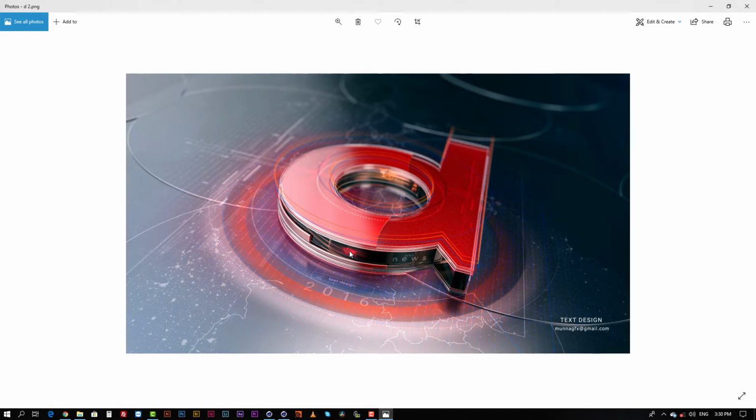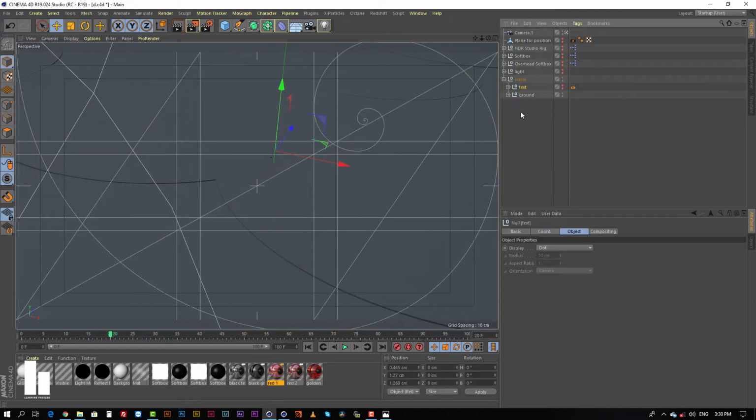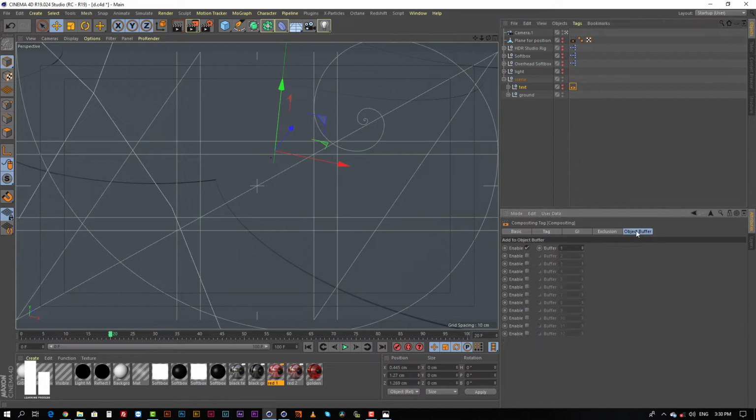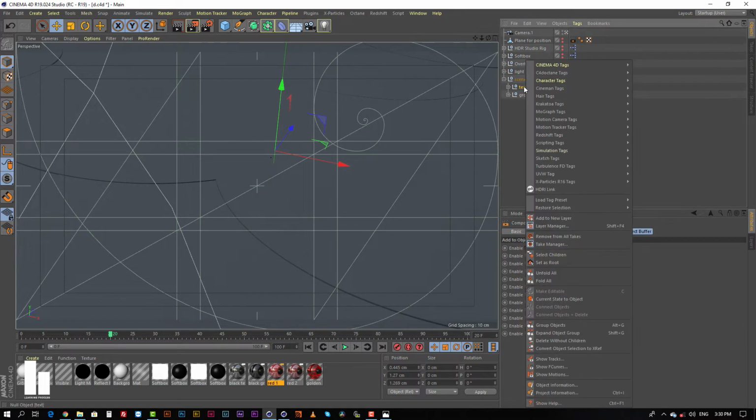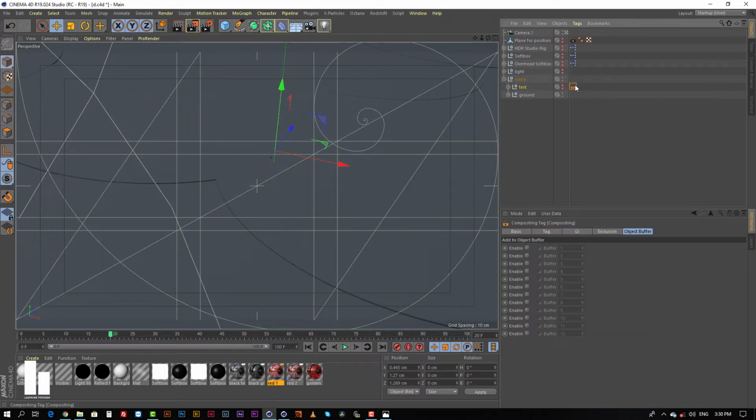So we need one object buffer only for D. See, I put all of my text inside one group and I use the object buffer from the Cinema 4D tag. See the composition, this is the composition,